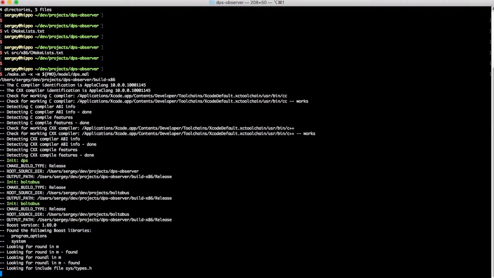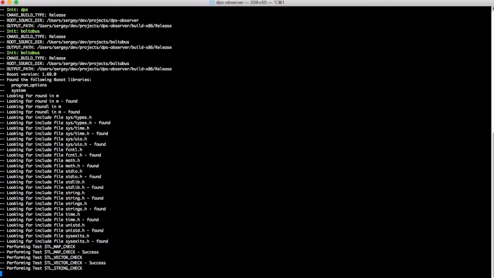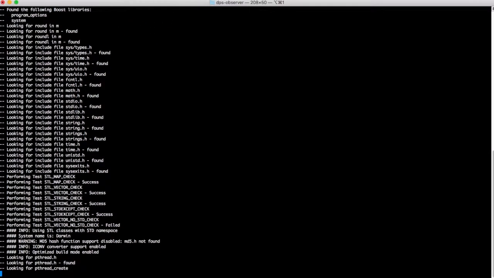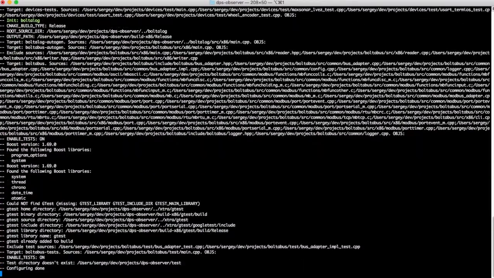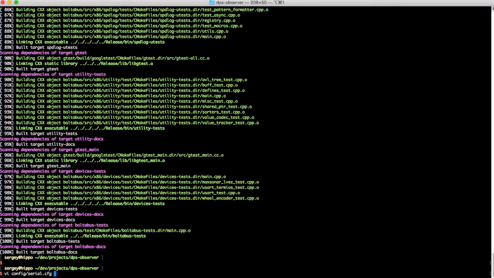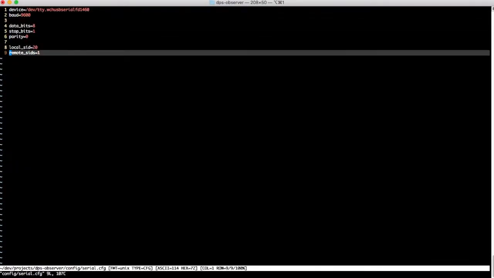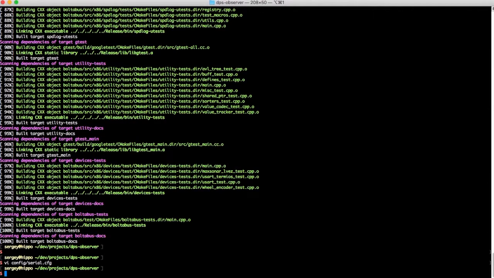Once the build is set up and the model is complete, I start the build process using a shell script. The script reads command line arguments, exports paths, and invokes CMake. At this point, the build is done and I store serial link parameters to a configuration file to avoid typing